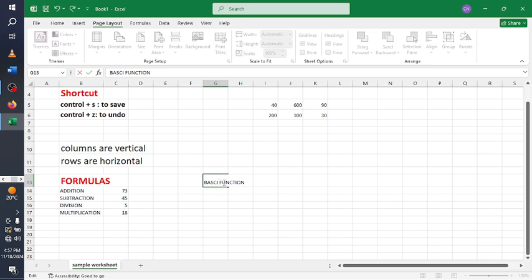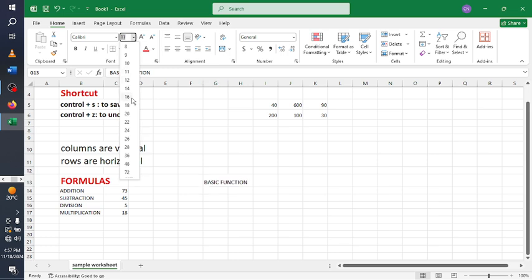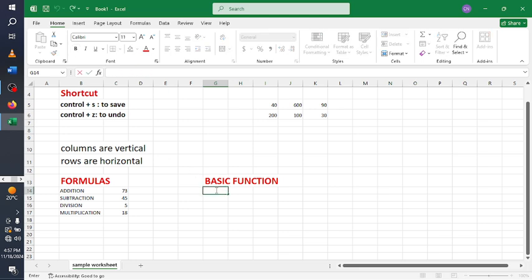So the first basic function I want to talk about is the sum function. The sum function is very similar to the addition formula, but it's used to sum up multiple figures. You can see the addition here is just two different figures. So the sum is like a range of cells you can add. In Excel, you're going to be working with a lot of tables, a lot of data,